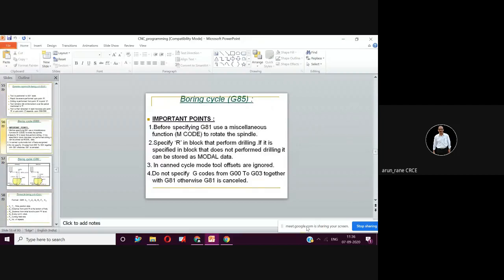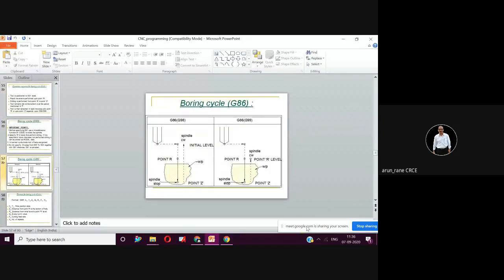Then G86 is the boring cycle. So in G86 boring cycle, at the end of the bore, the tool stops rotating. Then it retracts a little bit in radial direction, and then it is moved up rapidly.